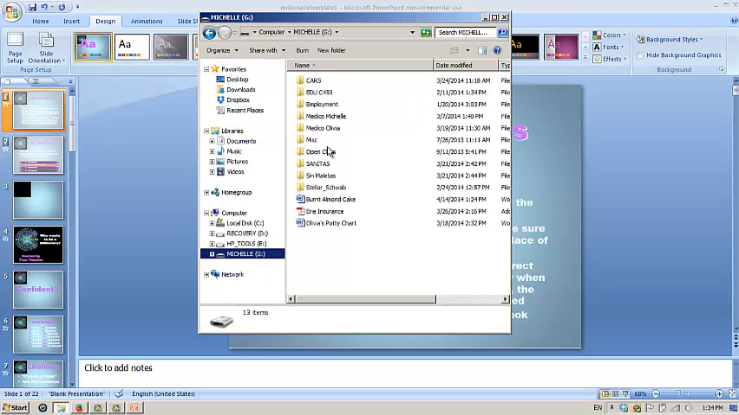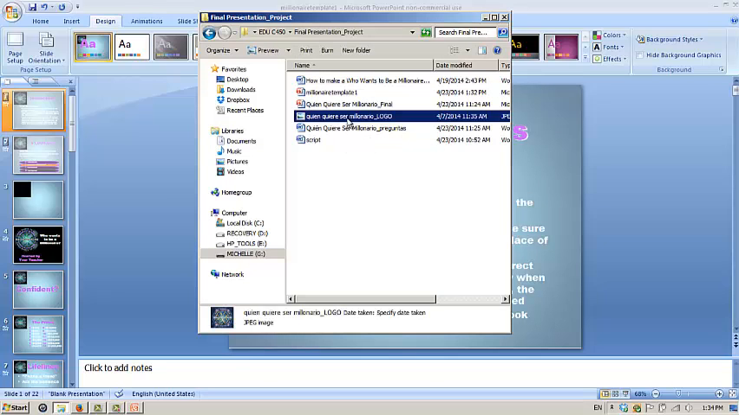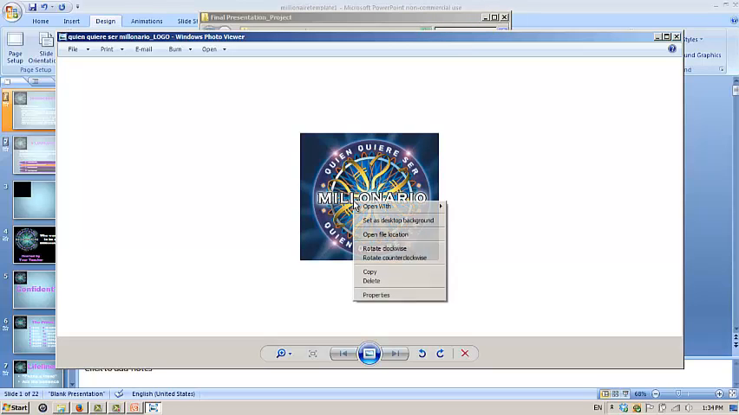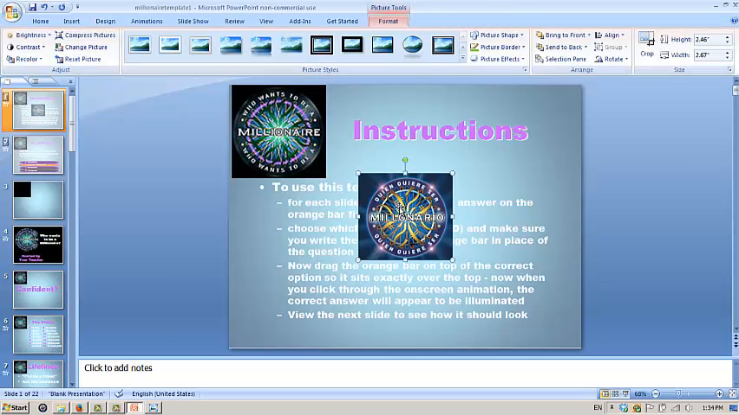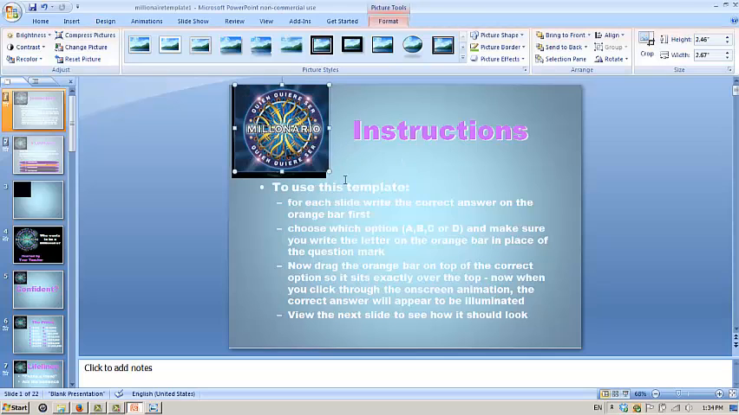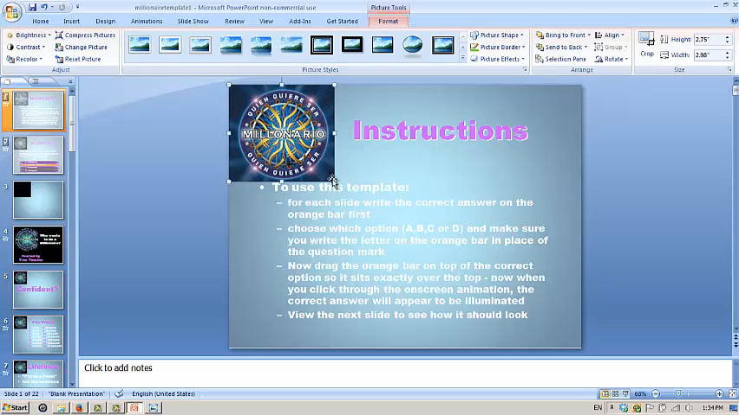So I'm going to go to my folder, and I have here Quien Quiere Ser Millonario logo, and I'll open that up. I'm going to right click and copy it. I go back to my presentation, and I'm going to right click again and paste. Now it's not quite the right size, so I am going to adjust it a bit, and that looks about right. Then, since it's already marked, I'm going to do Control-C, which is copy,